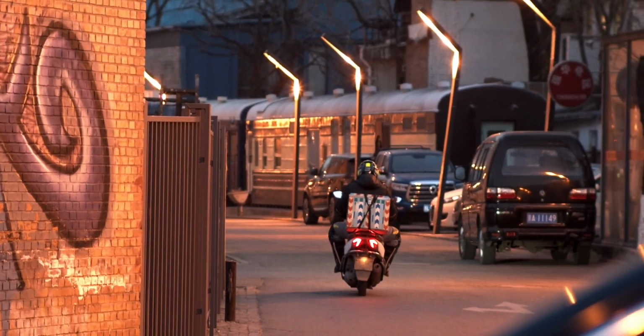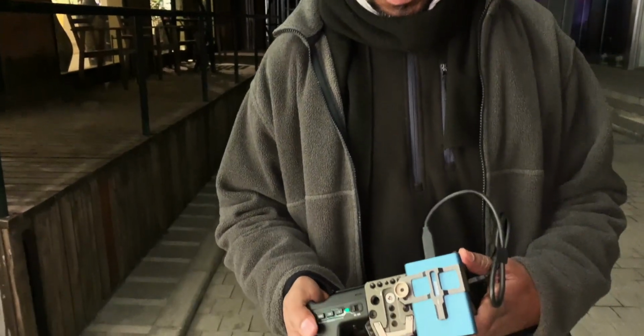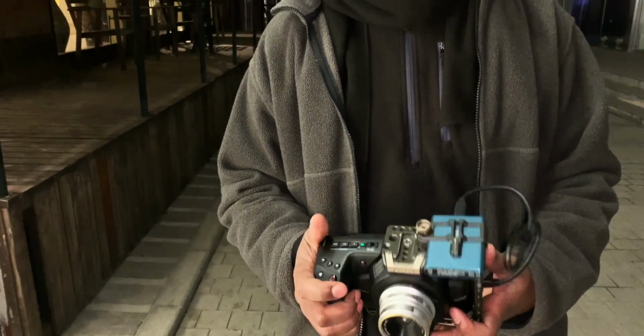So how's it been so far with the Pocket 4K? So far so good. Definitely the name doesn't fit the model. That's one of the biggest differences from the original. It's pretty bulky. The cage adds a little bit of weight. As far as shooting,